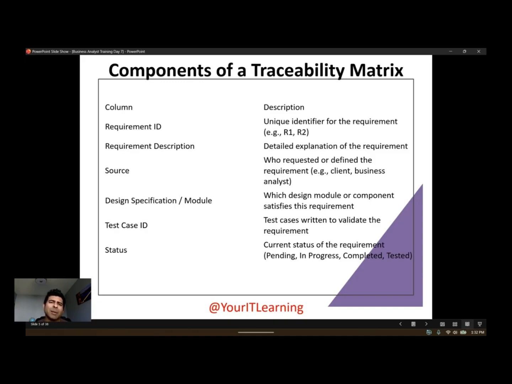Now let's talk about the components of the traceability matrix. Here we'll talk about the columns and their descriptions. You can create this in an Excel sheet. The first column is the requirement ID, a unique identifier for the requirements like R1, R2. So think about you started working on Apex features and requirements. Now in the requirements, you have user story 1, user story 2. User story 1 will be requirement 1 and user story 2 will be requirement 2. Next is the requirement description, a detailed explanation of the requirement,